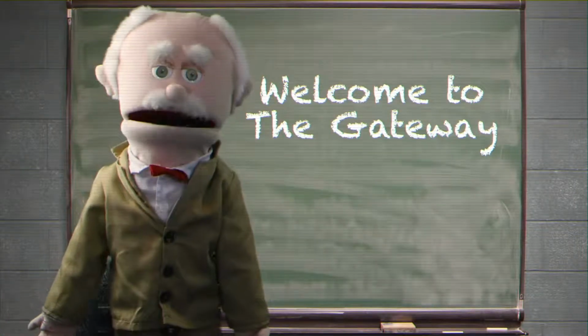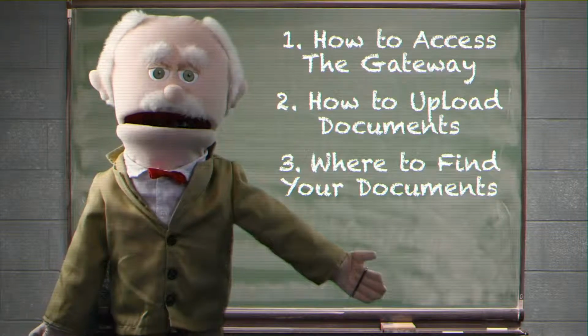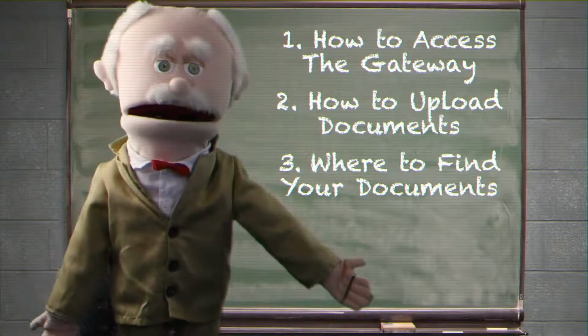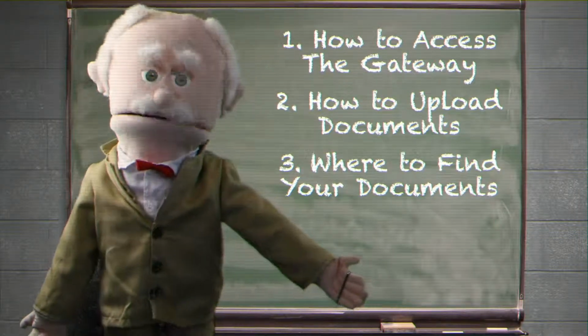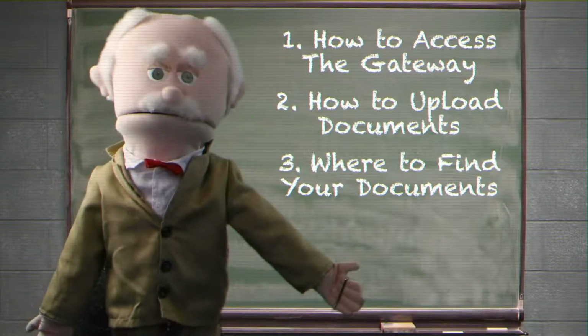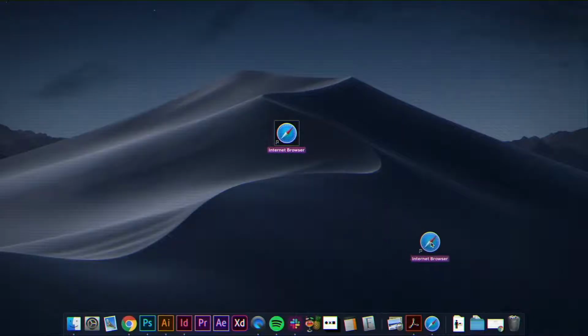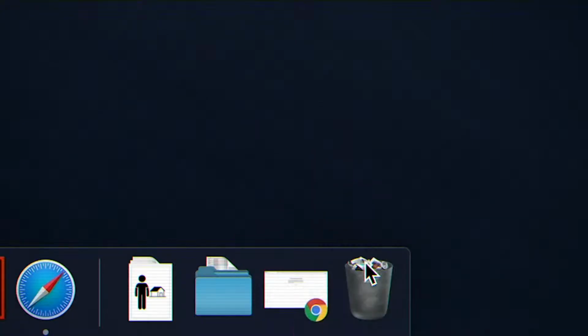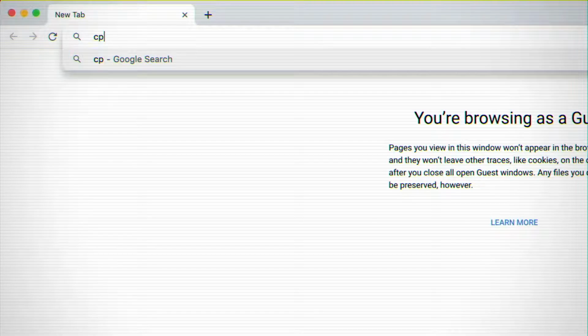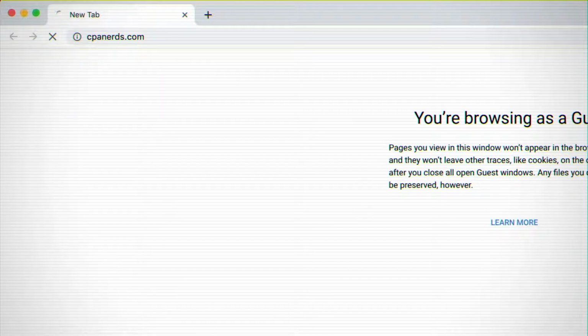Today we're going to go over the basics of how to access the gateway, how to upload documents, and where to find your important tax documents. The first step is to turn on your computer and access the internet. Be sure not to delete your internet. Once you've made your way to the internet, you can then go to